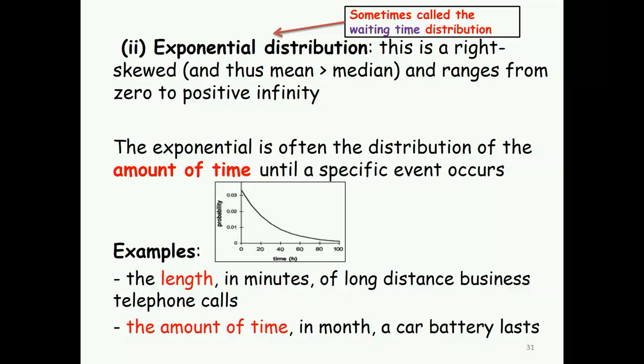The same thing, the amount of time in months a car battery lasts. When the car battery is new, you could use it for 2-3 years. As time goes by, the life of the battery would diminish. After 1 year, your car battery would have less capability of remaining powerful. When you buy it new, the probability that it will last 2 years would be high. Then as time goes by, the life would diminish. So that is the general idea.